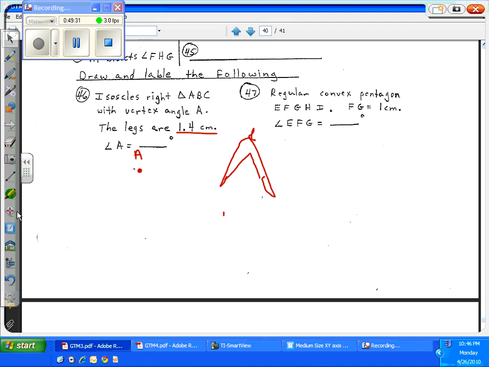Now, a centimeter is about the width of your thumbnail, so we're talking about opening it up to that. And I would put the pointy part right here, and the pencil part right there,